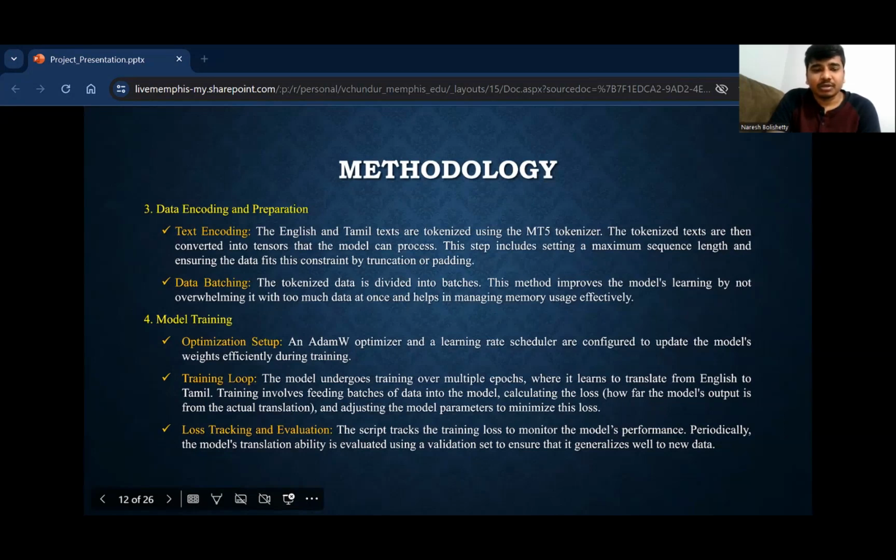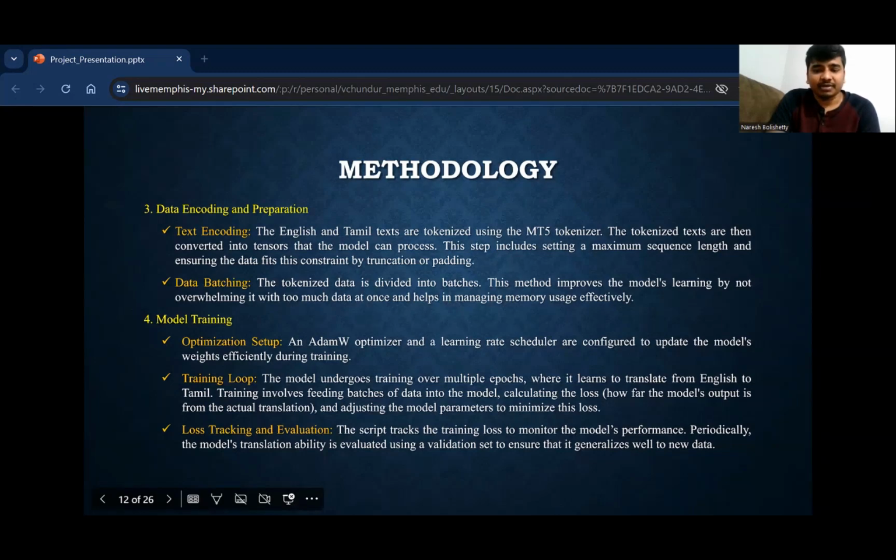Training progress is tracked by monitoring the training loss, while periodic evaluations on a validation set ensure the model generalizes well to new data, affirming its translation capabilities. So these steps establish a systematic approach to training the MT5 model, optimizing its performance for accurate translation tasks.